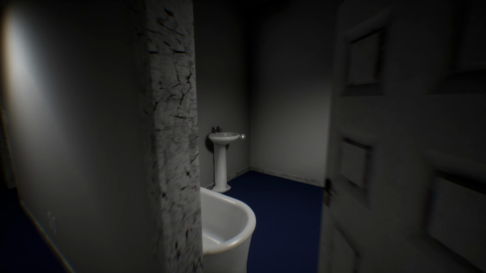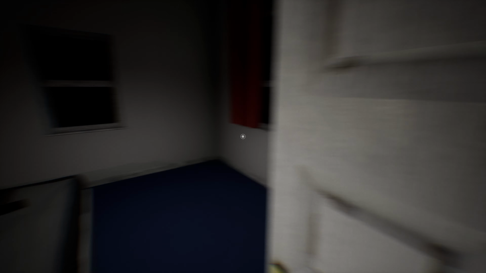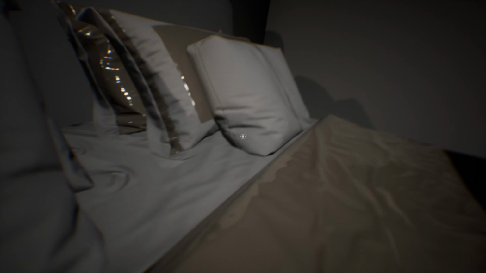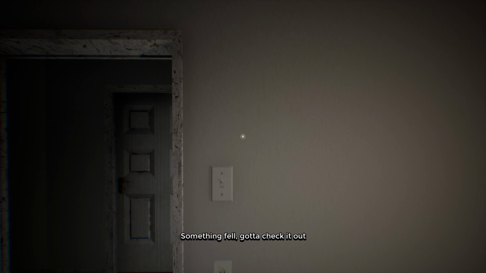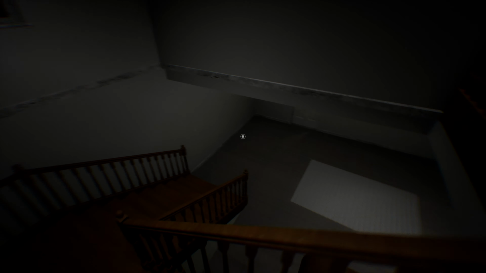Which one's my room? Well, that's the bathroom. This one? That's dark. I don't think it's a bedroom though. Sensitivity's really low. Okay, yeah, this is my bedroom. I'm gonna get under the covers. Something fell, gotta check it out. Okay. Yeah, I mean that sounds like someone just broke in. Okay. Probably should get something to go down with me, but...